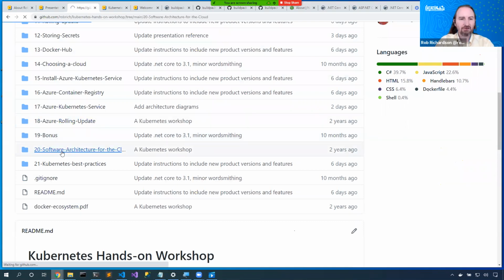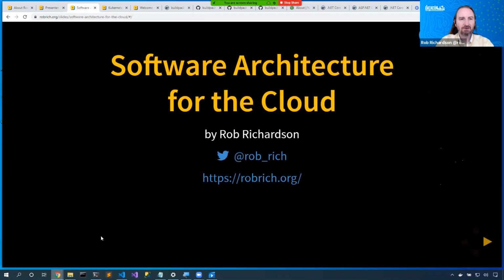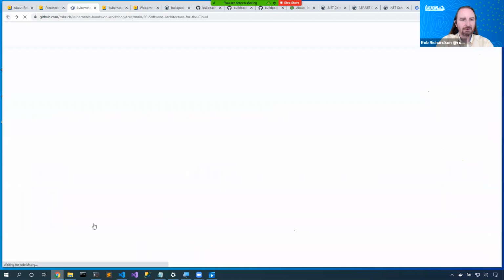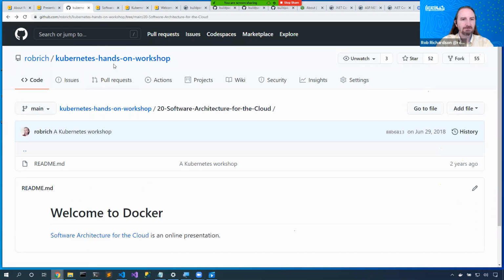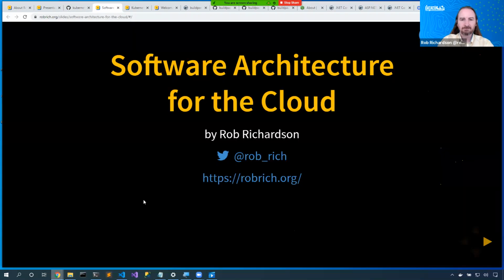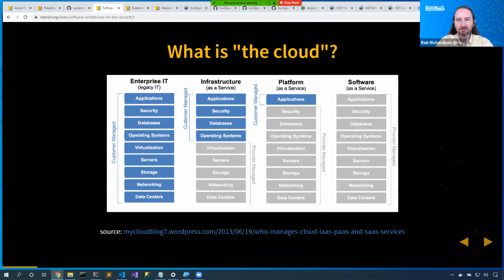So, software architecture for the cloud. Let's dig into this presentation because this one is really fun. And then we'll talk about my favorite best practices. Software architecture for the cloud. So when we look at what does cloud mean, we're often given this diagram. And this diagram is interesting. It's a cloud vendor,